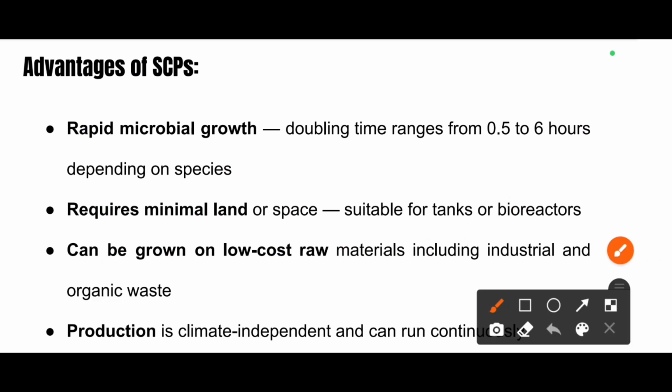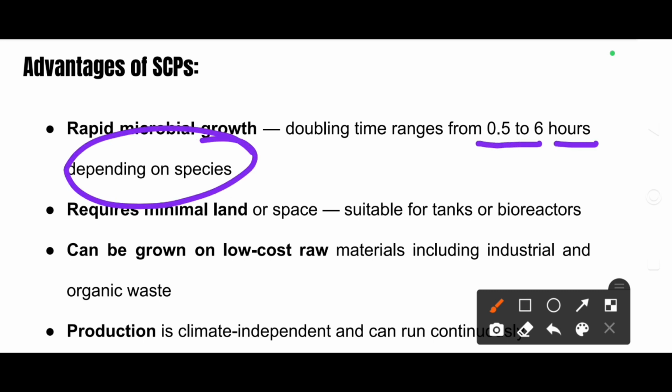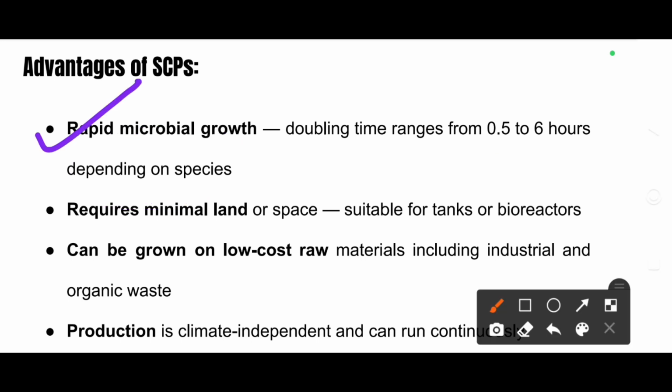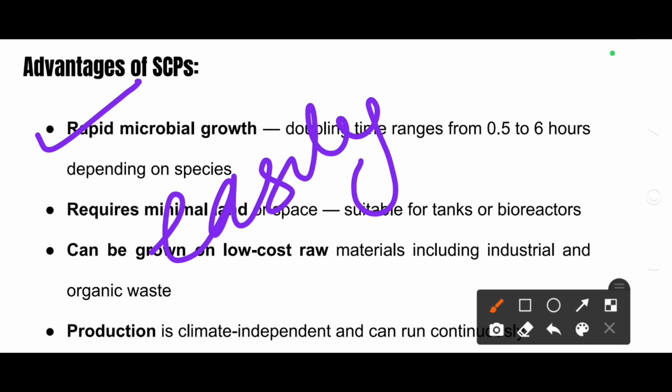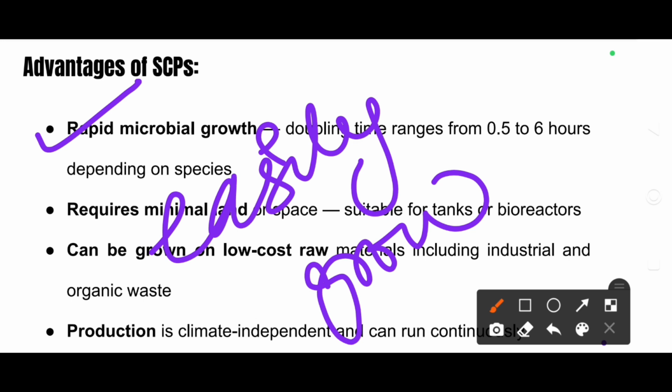But these microorganisms, they just multiply within 0.5 to 6 hours depending on the species. Okay, so the doubling time for them is very quick, that we can easily manipulate, we can easily grow it. So that is a rapid growth, and we can easily grow. This is the first point, we can easily grow it, and this makes it very unique from other organisms. Okay, second thing is that